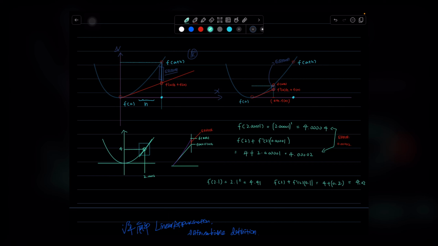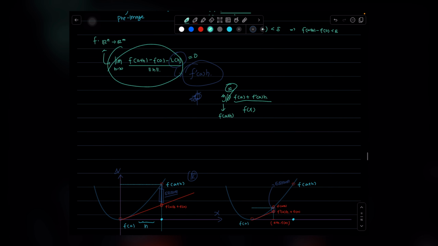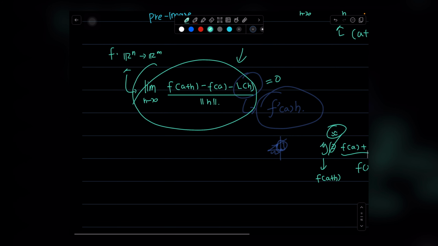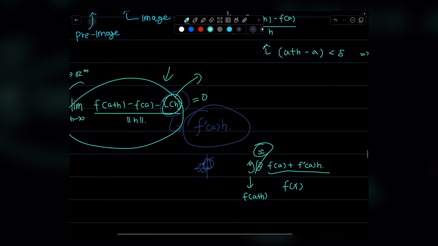Hi everyone, today I want to give a short introduction to derivatives and their application, linear approximation. We all know that for a derivative to exist in multivariable calculus, this formula must be satisfied: f(a+h) - f(a) - L(h). This L(h) is actually a linear mapping, and it is basically the derivative times a minor change happening in the